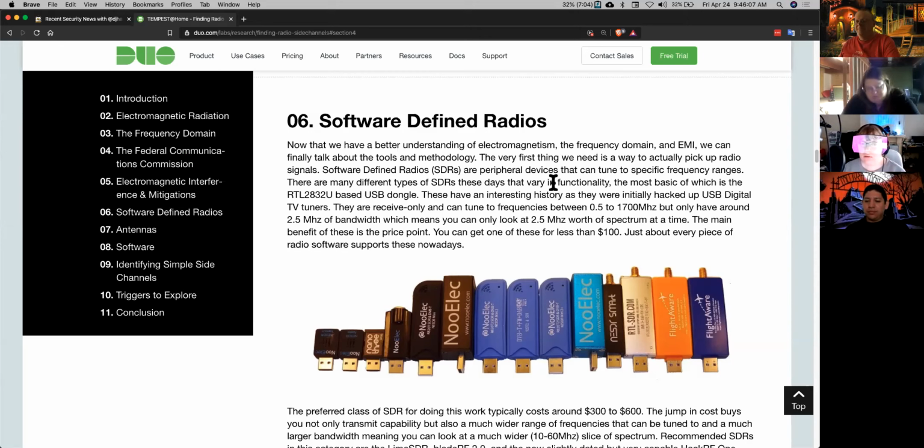But you can actually use one of those cheap dongles there in the picture that you've got up right now to listen to the digital transmissions, which I think I get why they would want to restrict it, but I think it's also important because